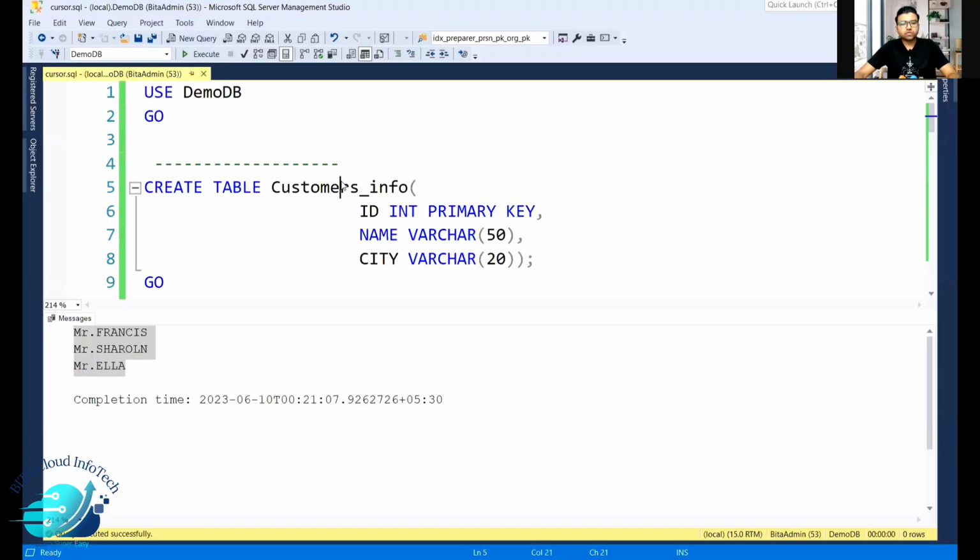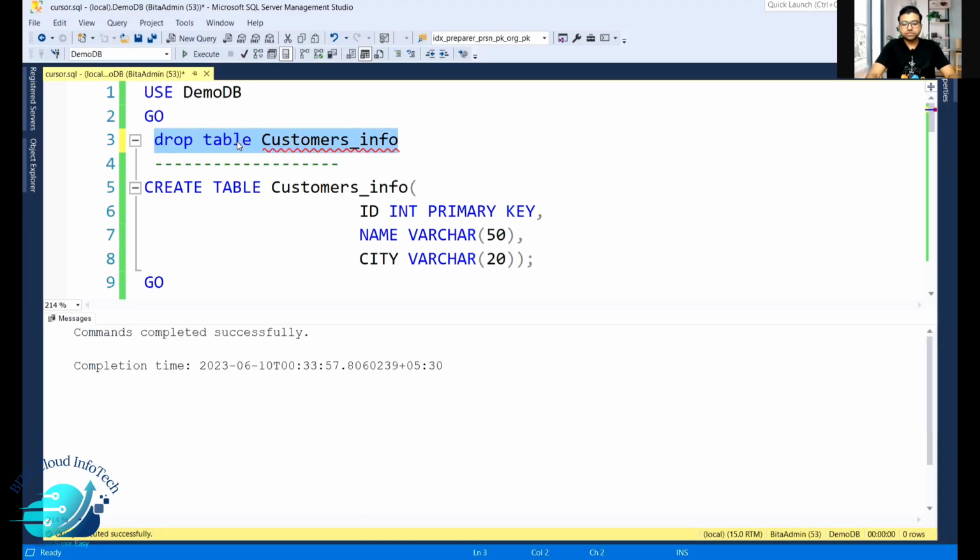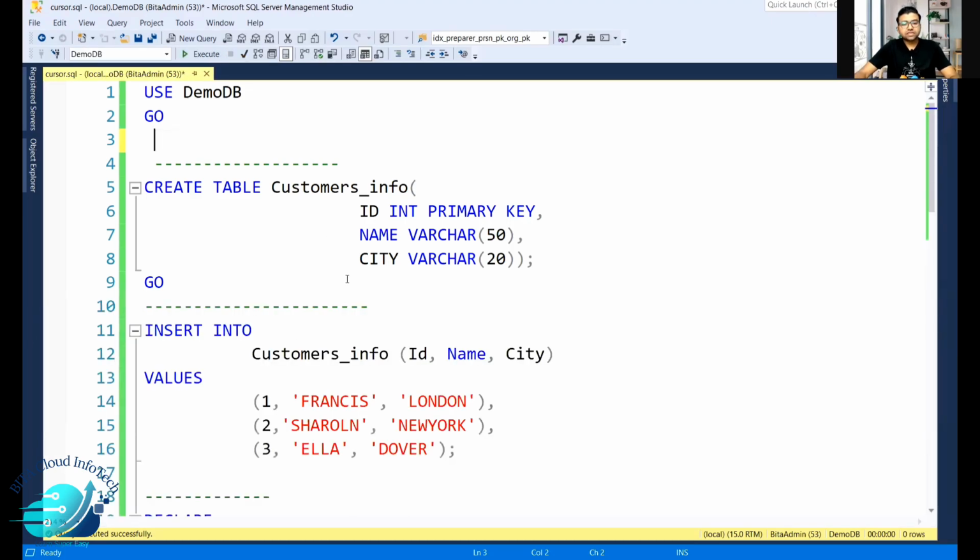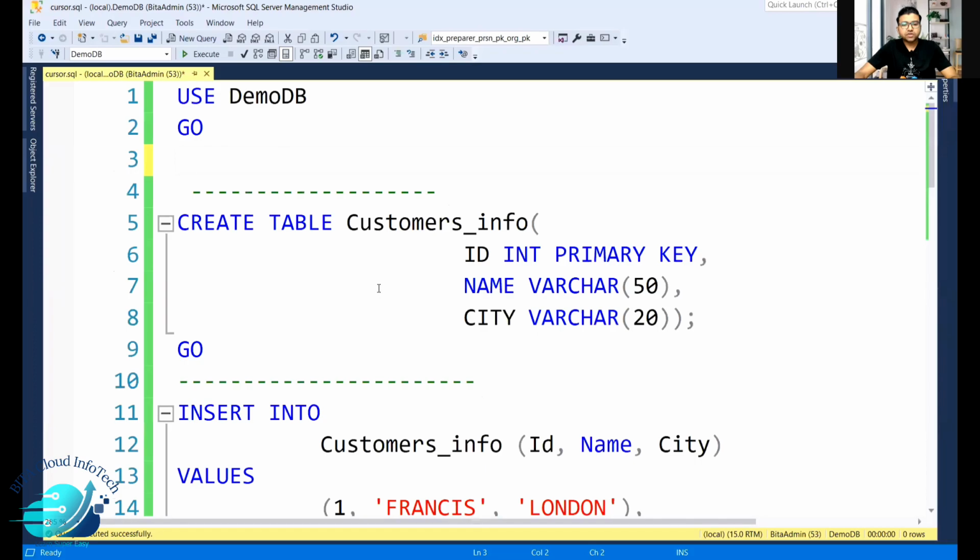Okay. So before we do that, let me quickly drop this so that it won't give you a problem when we try to execute something. Okay, perfect. Let's see this. So on my screen, you can see